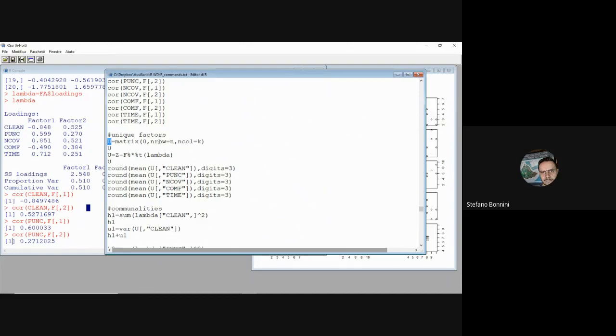So if X, or equivalently Z, is a 20 times 5 matrix, each column corresponds to one variable and each row corresponds to a statistical unit, in our example the customers, U is also a 20 times 5 matrix